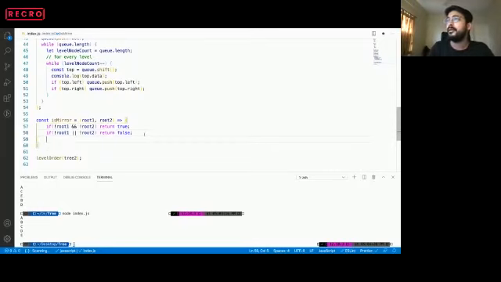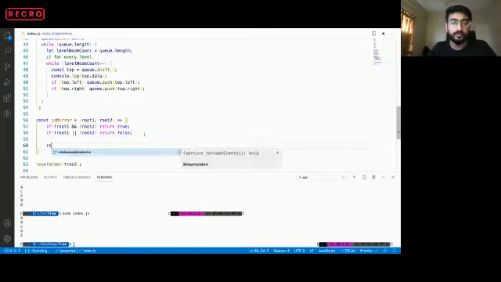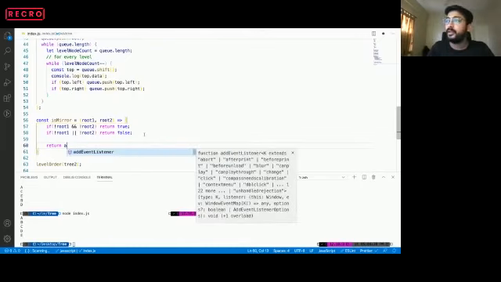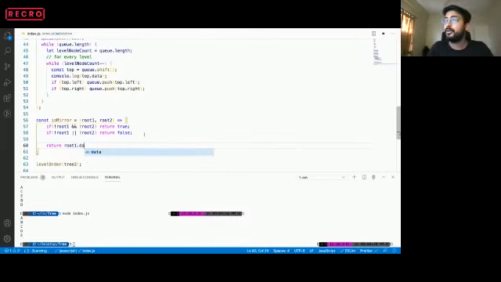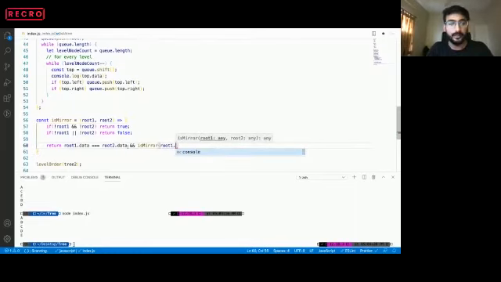And what can be the final recursion solution for it? So we are returning: if root1 dot data equals root2 dot data, then definitely the roots match. But in order for the tree to be a mirror, the root has to be the same and the left child has to be the right child of the other. Correct? So this has to be true, as well as we have to check isMirror of root1 dot left with root2 dot right.